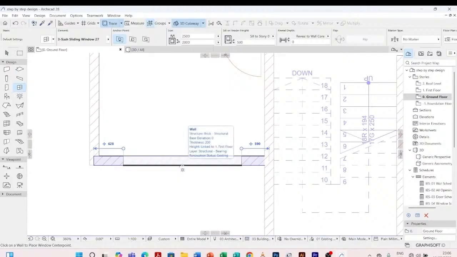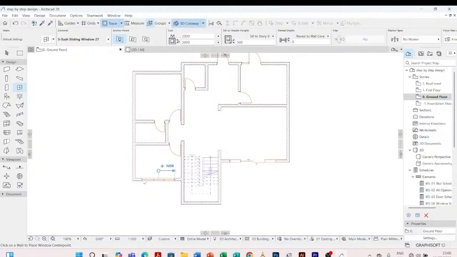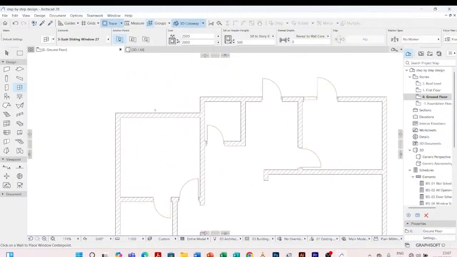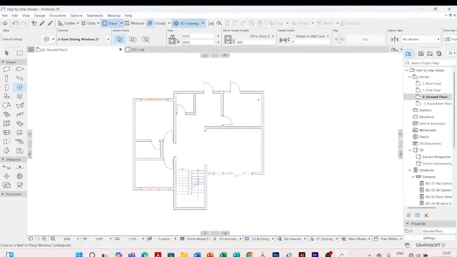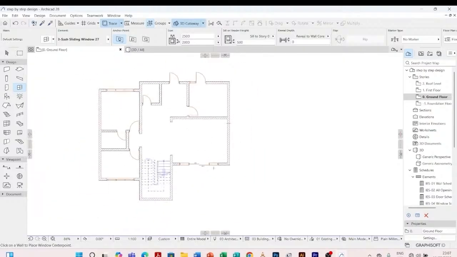So I have that window there, then also that same window here, then also the same window. No, we are going to have our TV units here, so we are leaving this space to be like that. Then for